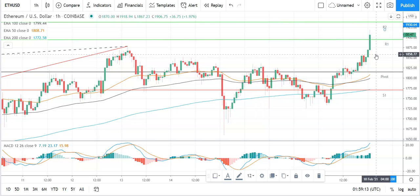Moving across to Ethereum against the US dollar, it's a particularly bullish start to the day for Ethereum. You'll need to see Ethereum avoid a fall back through the first major support level at 1895 to take a run at the second major resistance level, sitting at 1938. Going to need to see support from the broader market for Ethereum to avoid a fall back to sub 1900